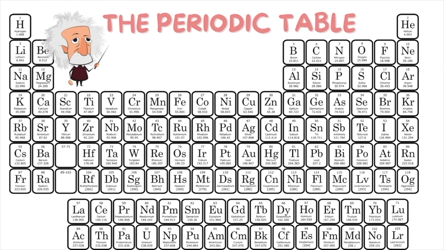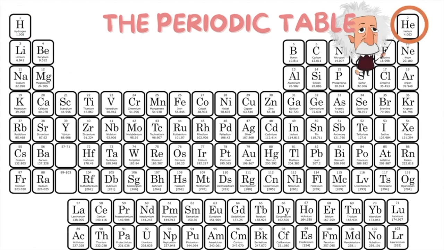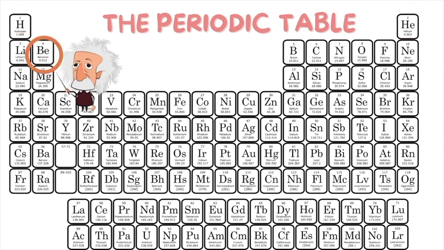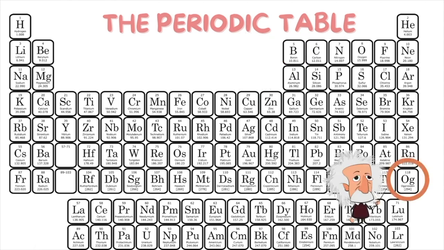So first off, the elements are arranged in order of lowest atomic number to the highest atomic number. So starting from the top left, going down to the bottom right. So our lowest atomic number is hydrogen with an atomic number 1. And moving down the row, we have helium with an atomic number 2, lithium with an atomic number 3, beryllium with an atomic number 4, boron with an atomic number 5. And as we keep going down the rows from left to right, we will eventually reach our last element with the largest atomic number, number 118.